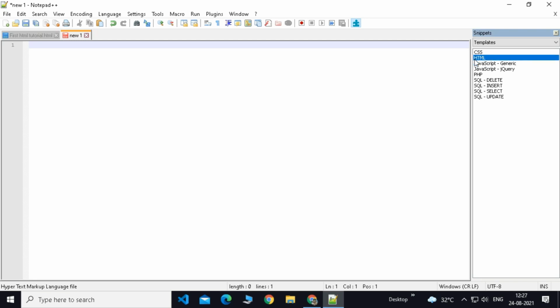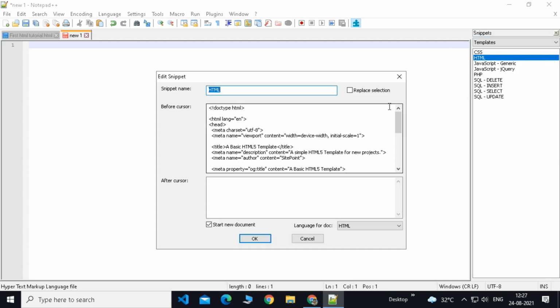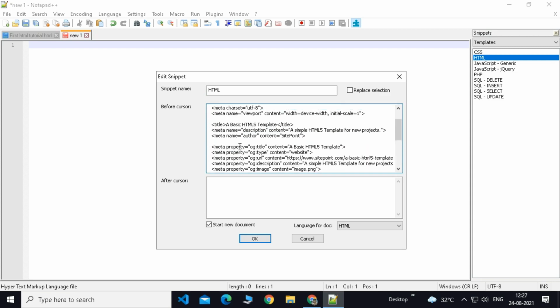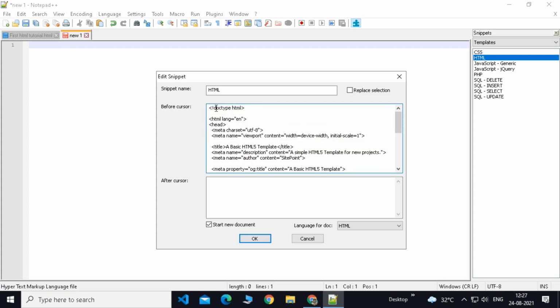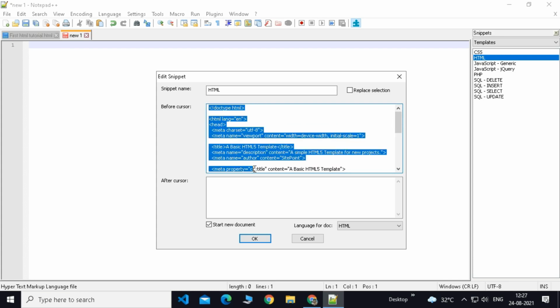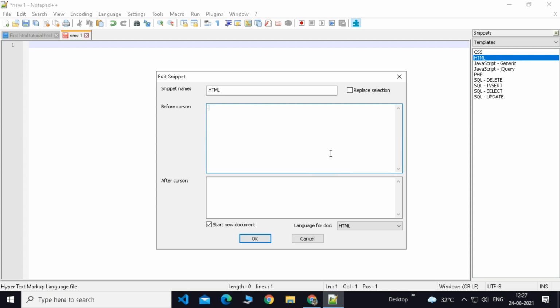Then you just go to HTML and right click it. Remember, don't left click, just right click. Then edit, and as soon as you edit, this menu will open. And then you can see this is all of the code that was printed here. So you have to just go here, then select all of this. You can either select it like this, or you can click somewhere in between and then press Control A on your keyboard, and it will automatically select everything. I'm just going to select it with my cursor so that everybody gets clarity. Okay, so after you select it, as soon as you press backspace, it will delete all of that. It's really common. Wow, I did it.